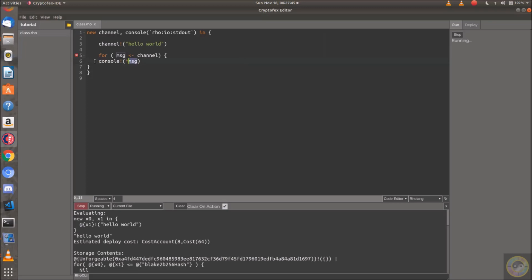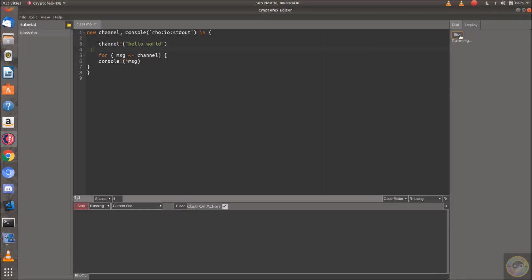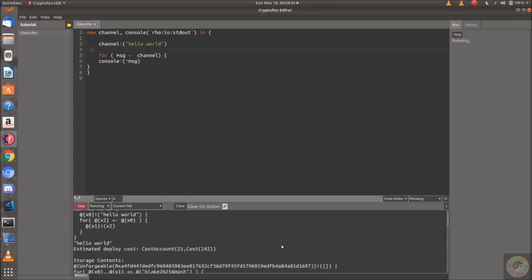Okay, now we're getting the syntax error because we're missing the par operator, which is used to create concurrency, or to make programs run concurrently in Rholang. So now that we've added the par, which is just a straight line, it means that the send on line 3 and the receive on line 5 will happen at the same time. That is, it will happen concurrently. Okay, so we're going to clear and then run. Then scroll up. Now you can see the hello world message or process printed in your